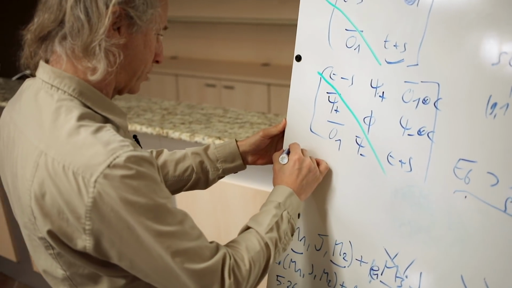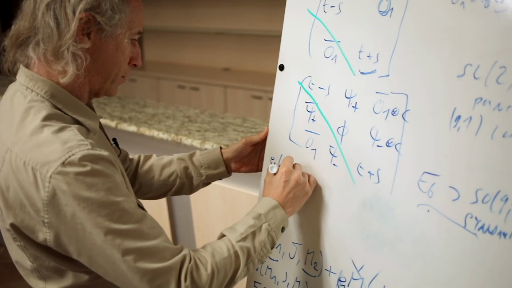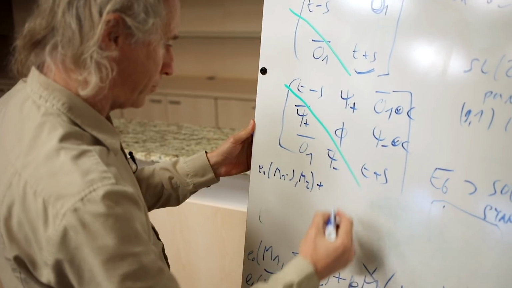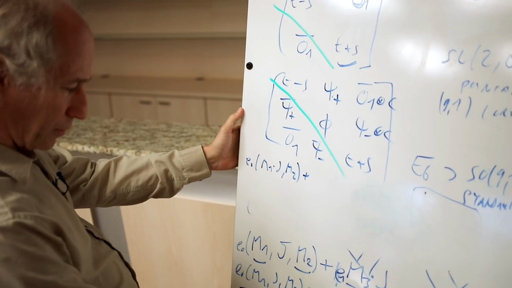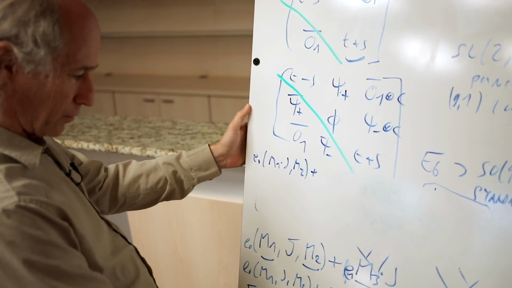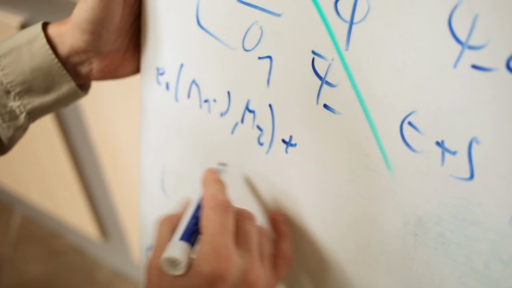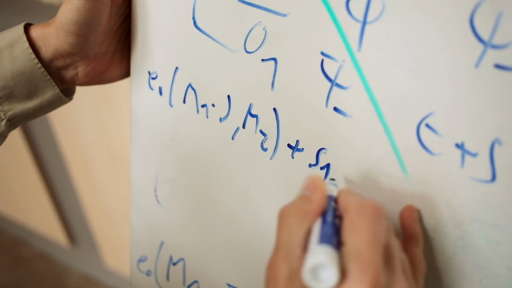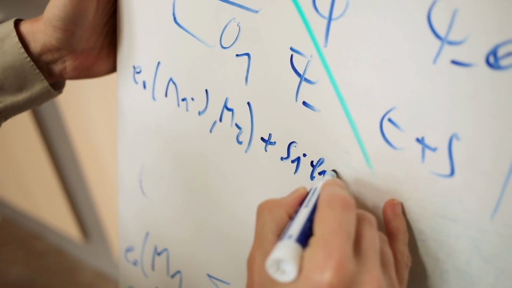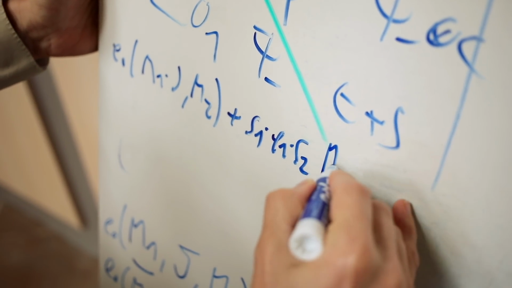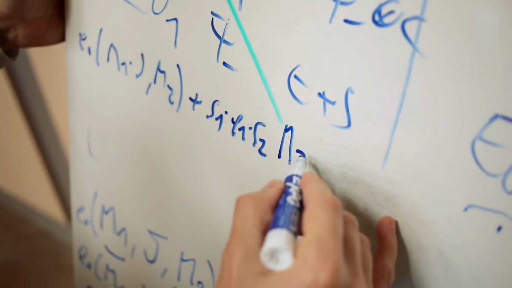It's E0, M1, G, M2, plus it will be an action not of a quaternion but of two octonions. And in fact this quaternion is imaginary, so we will have two, I name this S for example, S1, E1, S2, with this matrix, M3, G,